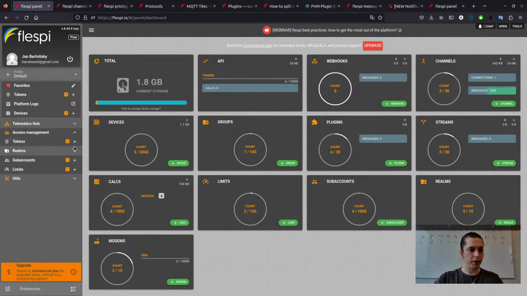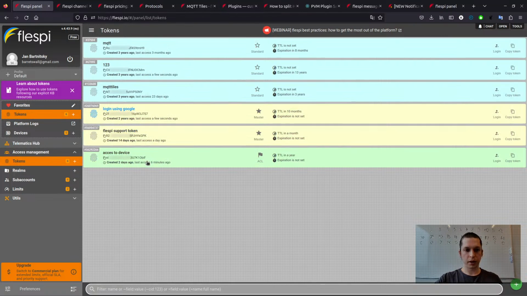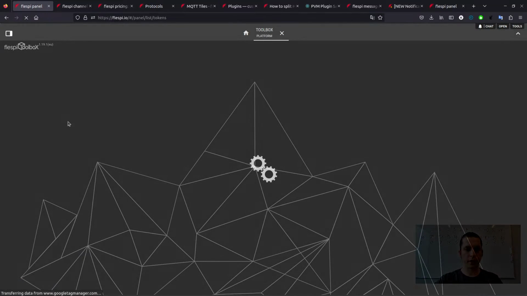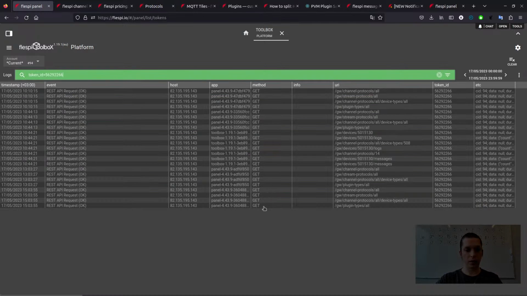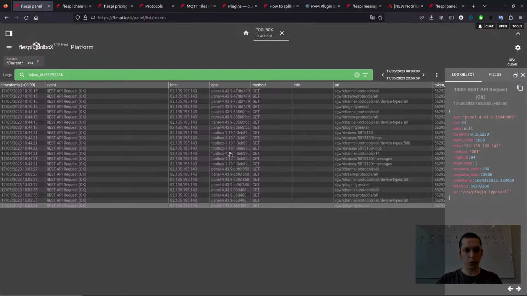So what else do we have here? Some access management stuff. And by the way, what I also didn't mention about the token, that's pretty useful to mention too, let's get back to the token. The token that I use to log in to access a certain device, every access to Flaspi leaves a footprint, which you can explore in the platform logs. So for example, you have shared the access with somebody and you want to check if this access has been used or not. You can go to platform logs, insert token ID equals the ID of a token, and you will see all the requests that have been made and how they opened, like this panel.